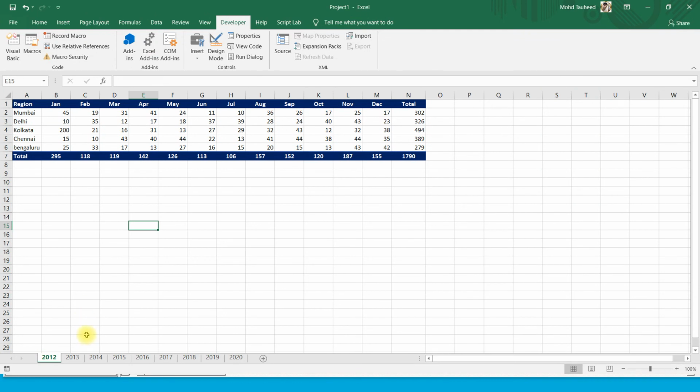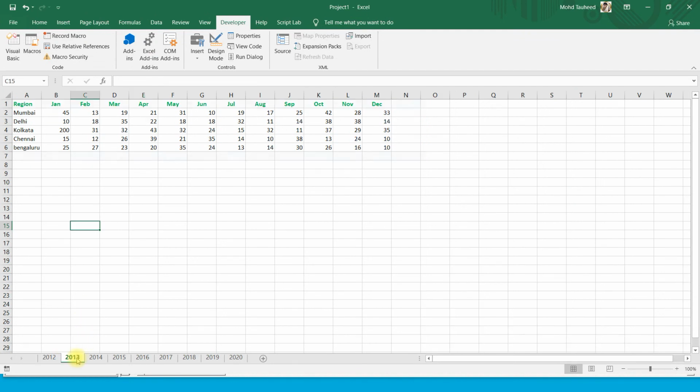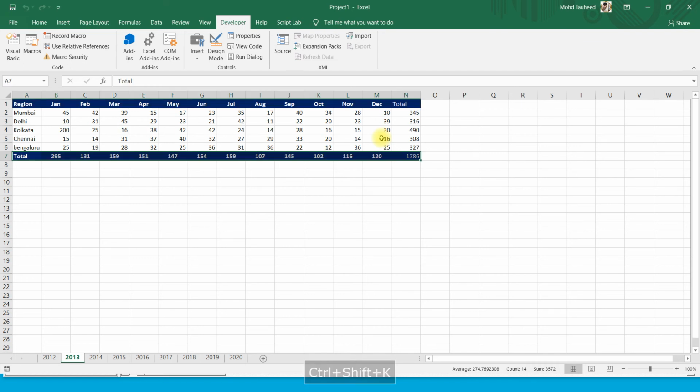Now go to the second worksheet, which is 2013. Here we can calculate region wise total counts and month wise total counts by using the macro Control Shift plus K. You can see our macro does it automatically.